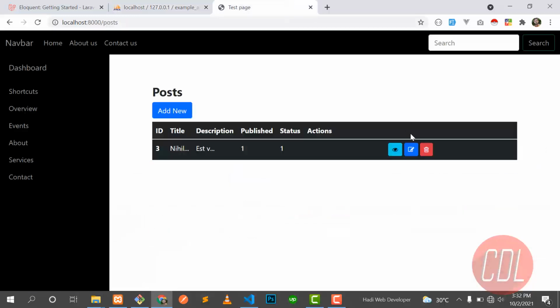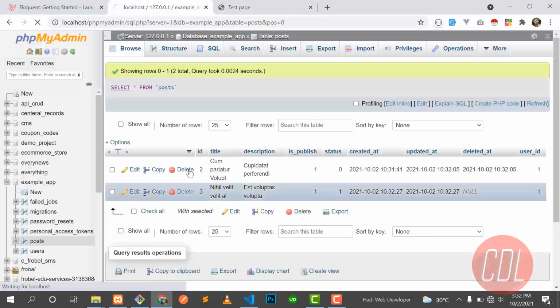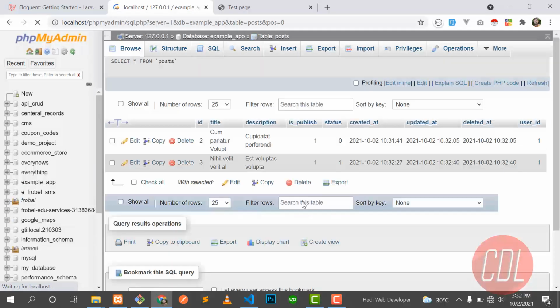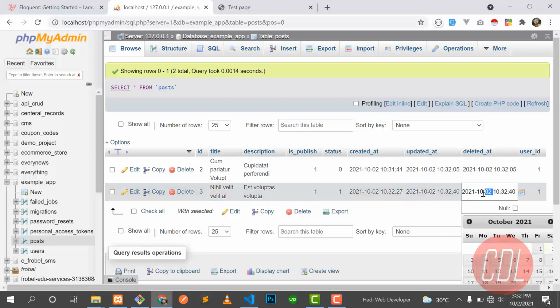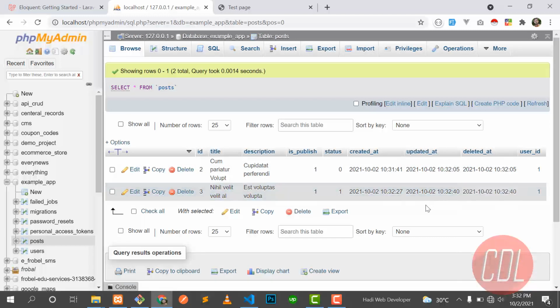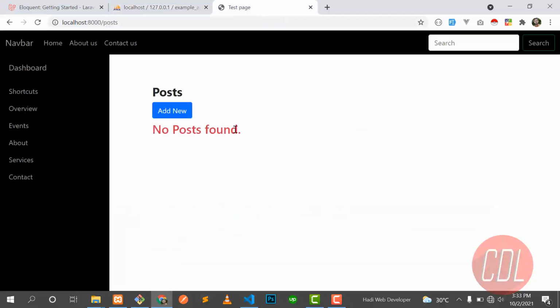So when I delete this post again, it's a new post, not the same one, right? So it's post 3, and yes, it's deleted, but it's not deleted from the database, and deleted at is filled with data, right? It's a date, and when we deleted this record, it's tracking this. So how can we retrieve these posts? Let me explain that in the